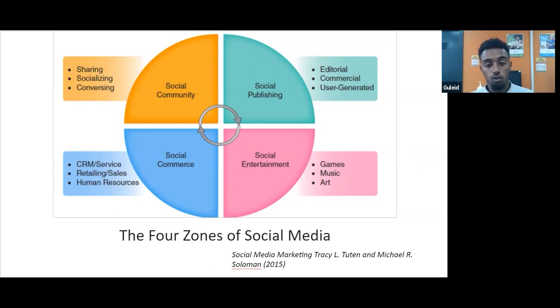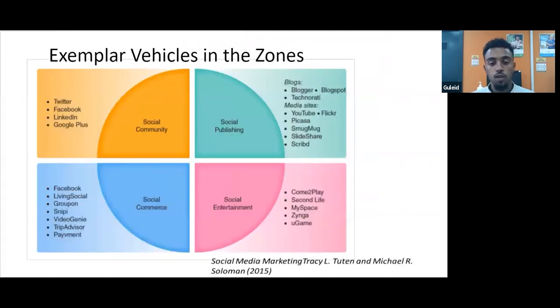So I'll give you examples of the four zones of social media and marketing. These are the vehicles in the zones. Firstly, social community. You get accounts like Twitter. Twitter is a massive tool that is used now, and a lot of technological firms are using it, along with Facebook and LinkedIn. Google Plus is no longer used much; I think Google have phased it out. A lot of people tend to use Twitter, Facebook, LinkedIn, Instagram and Snapchat, and WhatsApp as a main form of communication, and email with their communities